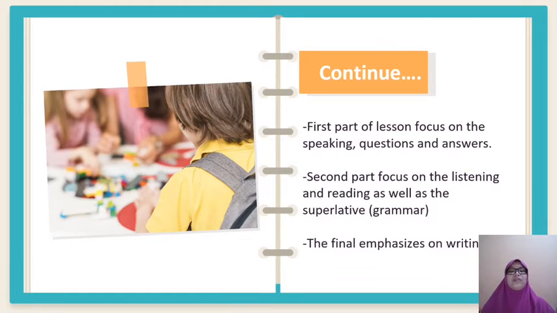On the final part, the post delivery, I give them an exercise that emphasizes writing itself. In writing, they need to answer a few questions based on the text using full, complete sentences. By doing this, with my guidance as the teacher, the students are able to write the sentences properly. So these are the three parts, or the three elements, in the lesson itself.